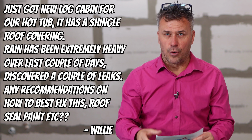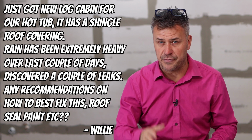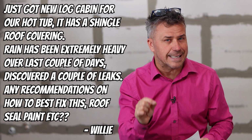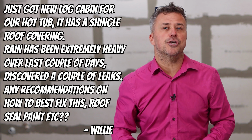Now that can cause quite a lot of damage on the rest of the roof. If you were taking them all off, it might be worth felting it, battening it, and then putting the shingles back on again. But if you don't want to go to all that extent and you find that one or two of the shingle tiles are cracked or shrunk, and that's where the leak is coming through,